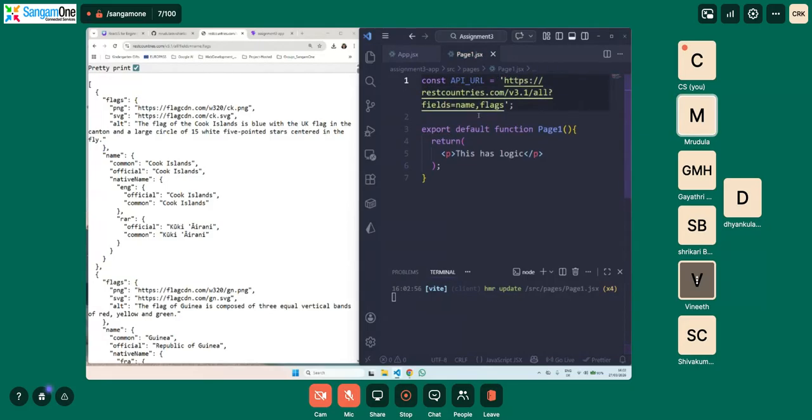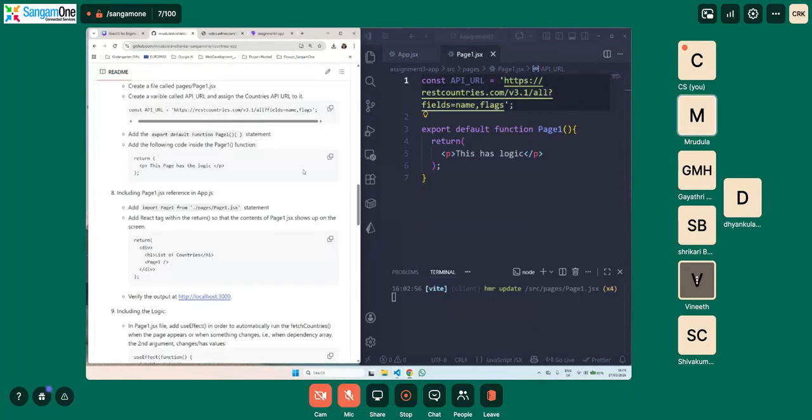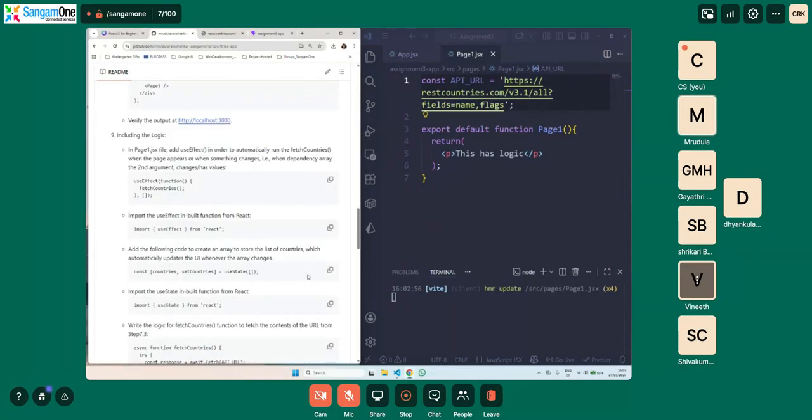Right now we have taken only the name and the flags. So if you want, say for example, currency or population or something like that, you need to add it under the fields. So if you need capitals, then you can say comma capital, comma, if you want currencies, you can say currencies, so on and so forth. Okay. So we will go back and we have it here.